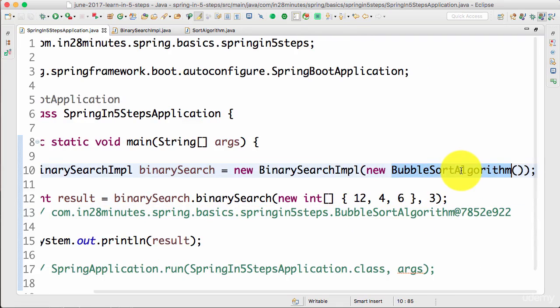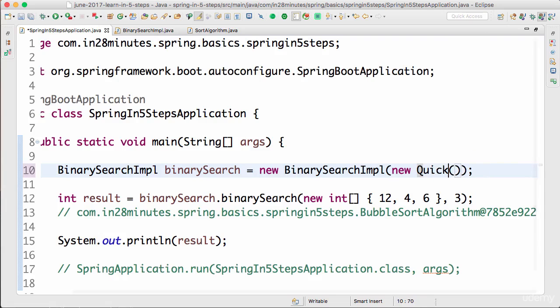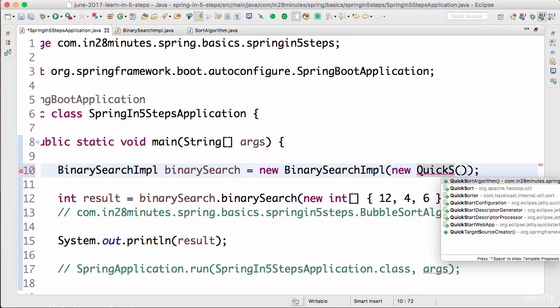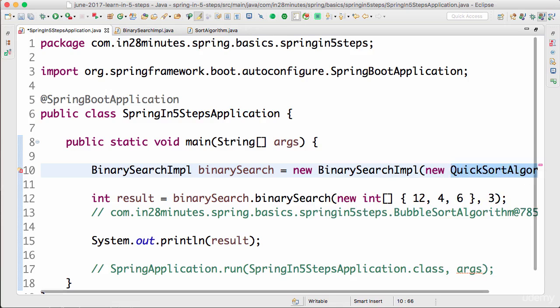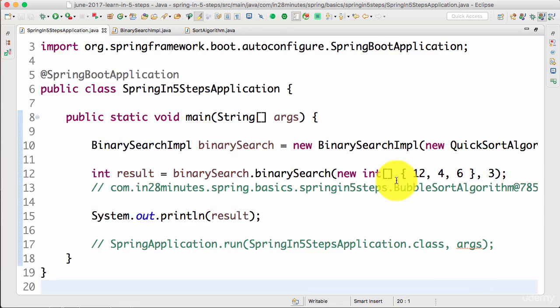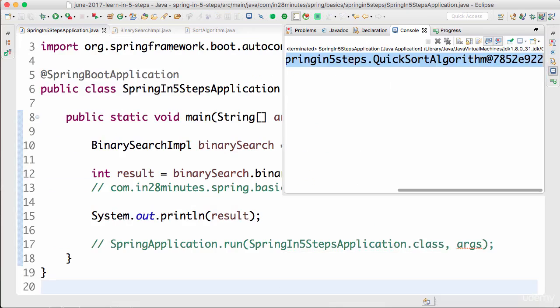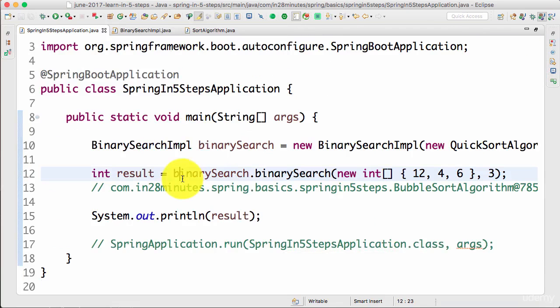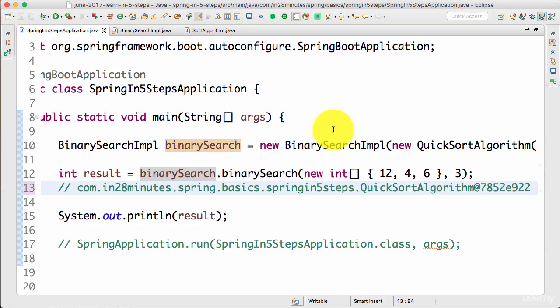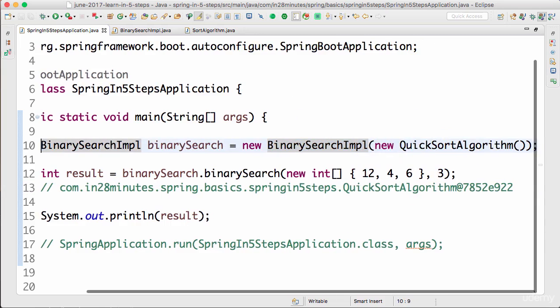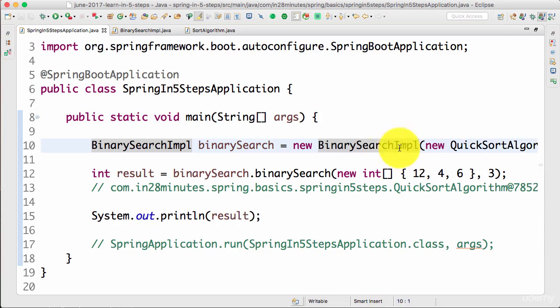If I actually want to change it, let's say I want to change to quicksort, all that I need to do is change it here. I'm not changing anything in the implementation of BinarySearchImpl; I'm just choosing which algorithm we want to use. So if I run this right now, what would be the output? Awesome. Quicksort algorithm. What we have done is we have made BinarySearchImpl independent of the sort algorithm being used. You can create a new algorithm and you can start using BinarySearchImpl with this.